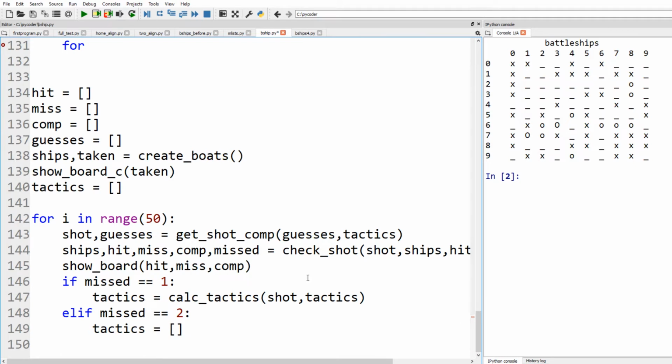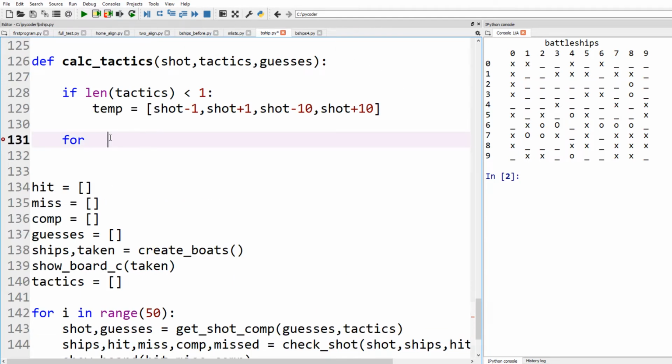Calc tactics, I'm going to have guesses. And in our loop, we don't know the length of temp. This temporary list is the potential candidates where we want the computer to shoot, so that could be a different length. So for i in range of length of temp,